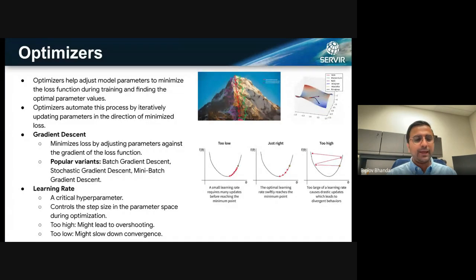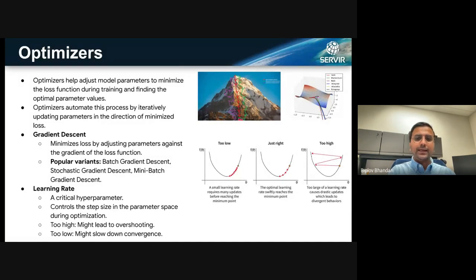So this is a hyperparameter. A hyperparameter is something that you specify to the network yourself, and it basically controls the steps that should be taken by these optimizers when they are updating your parameter values. So you don't want to have it too large, because then you'll always overshoot, and you'll never reach that global minima point that you're trying to reach. You also don't want to have it too low, because then you're taking very small steps, and it will take a very long time to train the model.